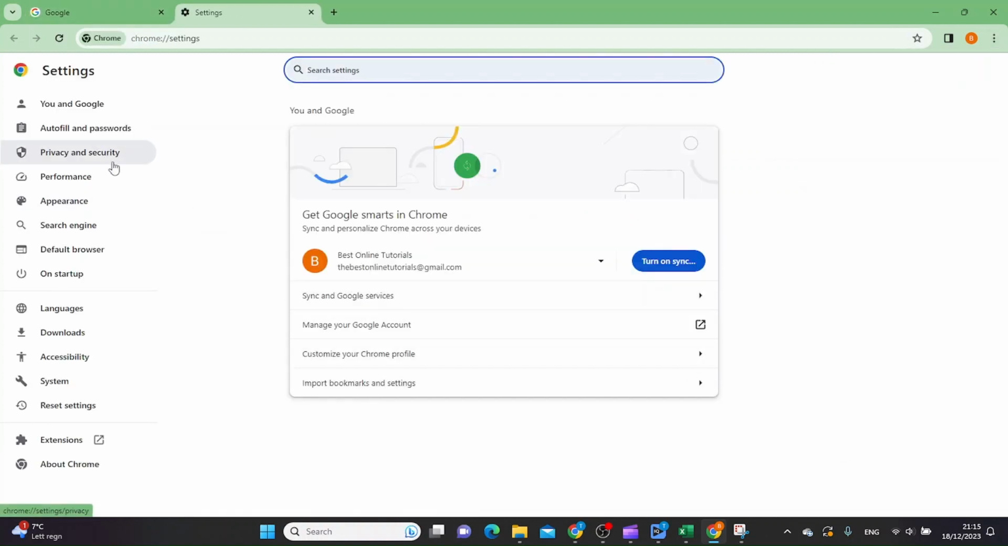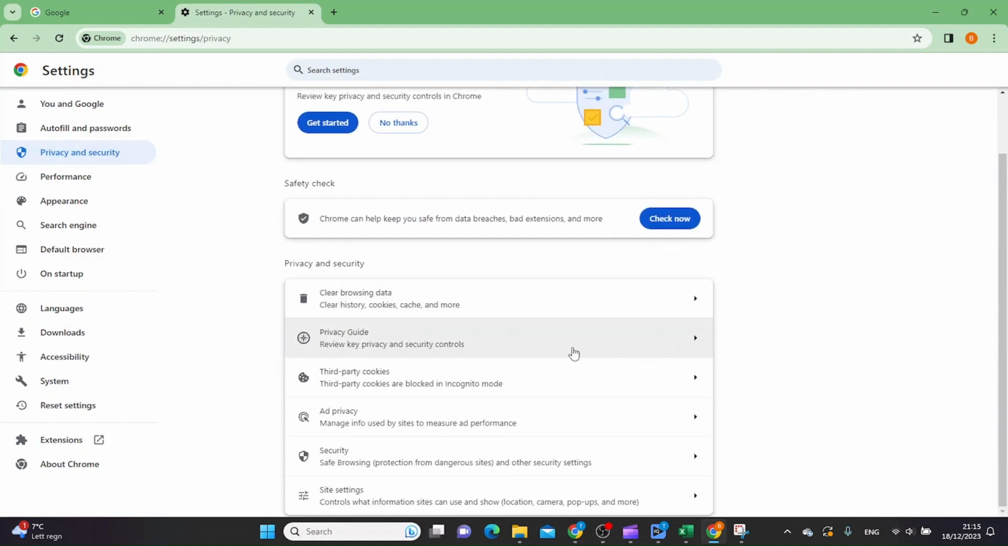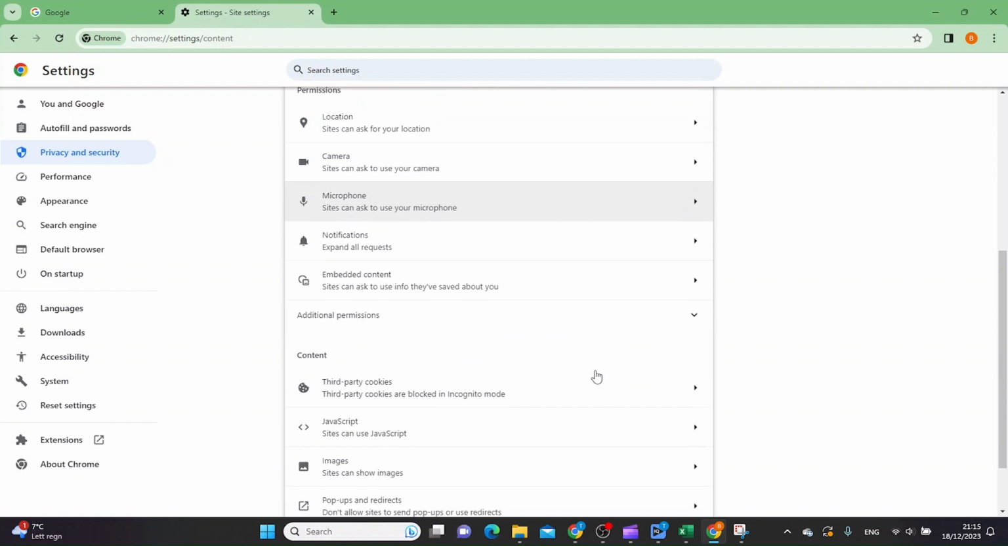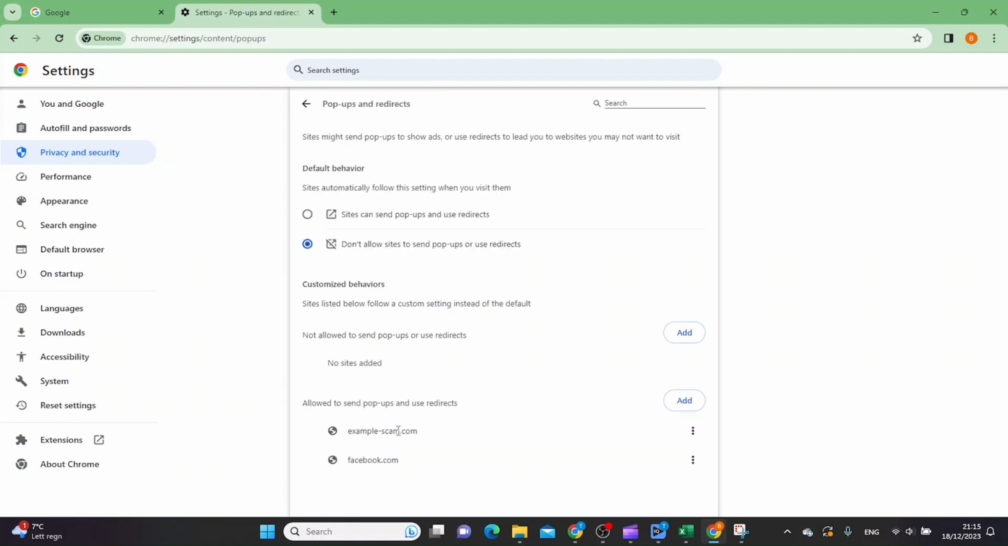And then you want to go to Privacy and Security on the left here. And then you want to scroll down to Site Settings at the bottom. And then you want to scroll all the way down to pop-ups and redirects at the bottom. And then you want to go all the way down to the bottom where it says allowed to send